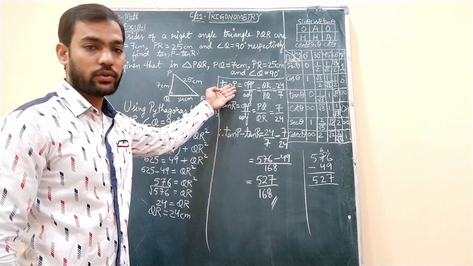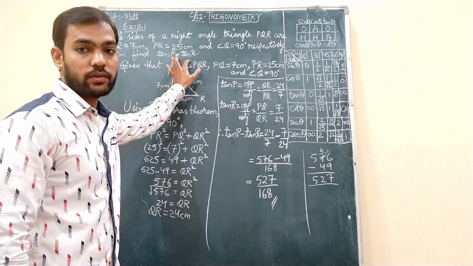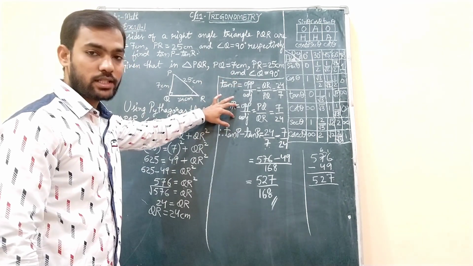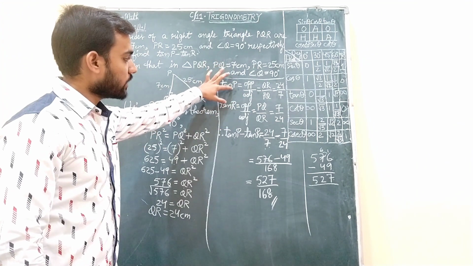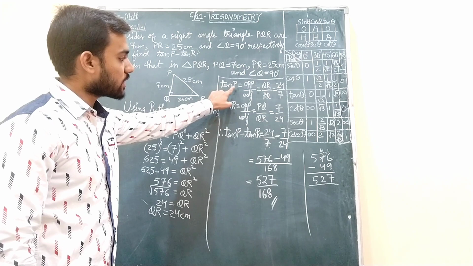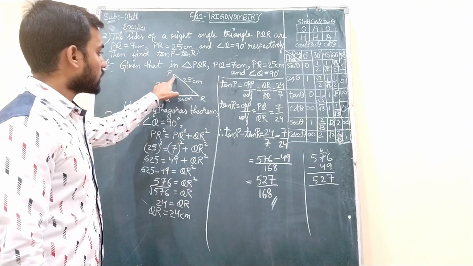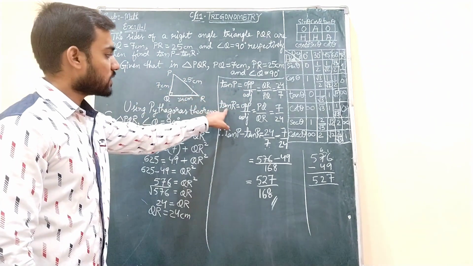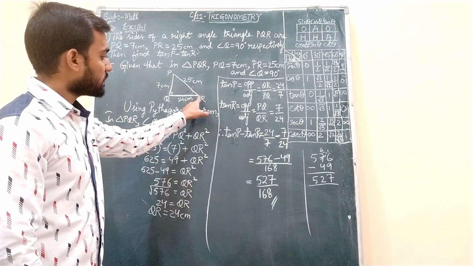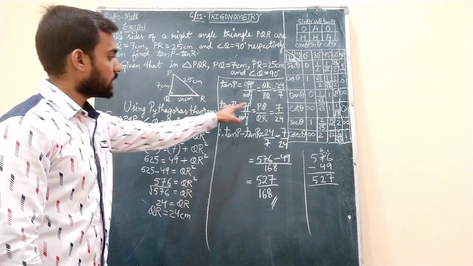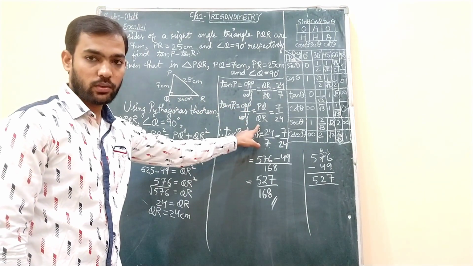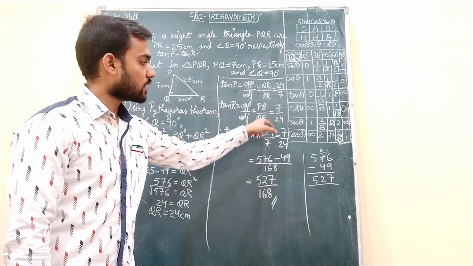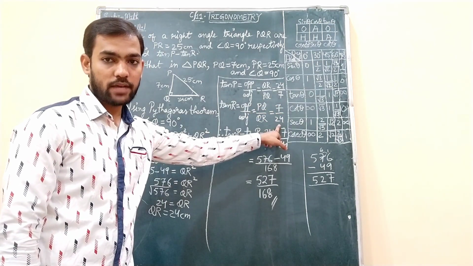Then I have proceeded for finding this tan P and tan R which are given in the question. So tan P, tan R, both are opposite by adjacent only. But here we are seeing this opposite and adjacent side with respect to P. So with respect to P, this is opposite QR and adjacent PQ, whereas with respect to R, this is opposite side PQ and this is adjacent side QR. Understand? So QR is 24, PQ is 7, PQ is 7, QR is 24. Those are the values we have substituted.